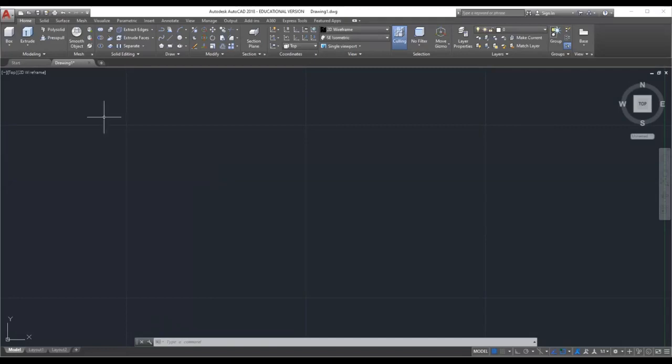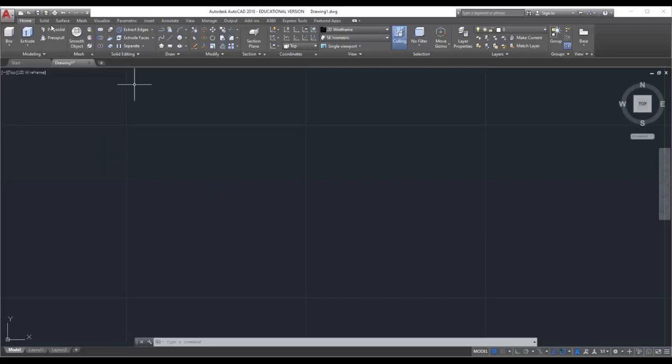In AutoCAD, we can create a 3D model in three different ways. First one is solid model, second one is surface model, which we see here, and third one is mesh model, which we can see here.